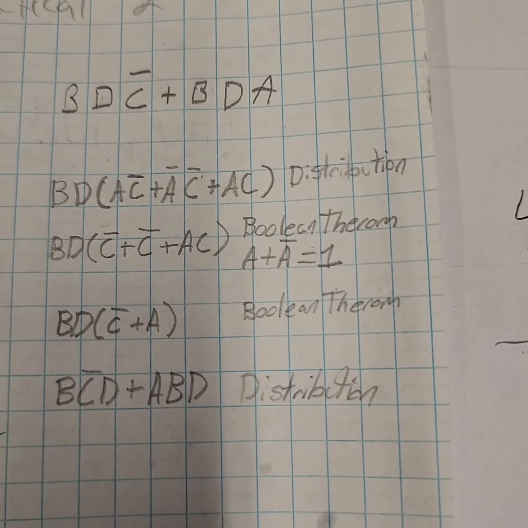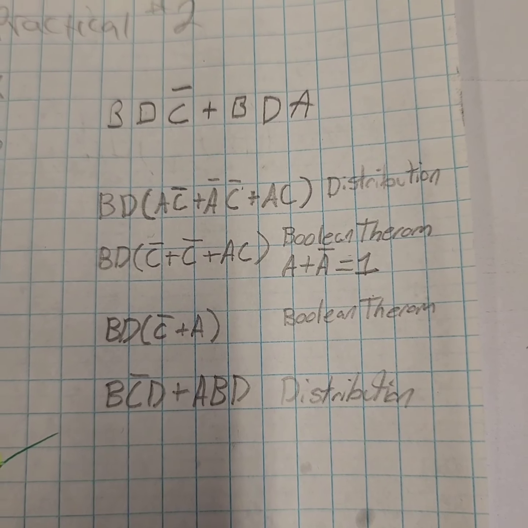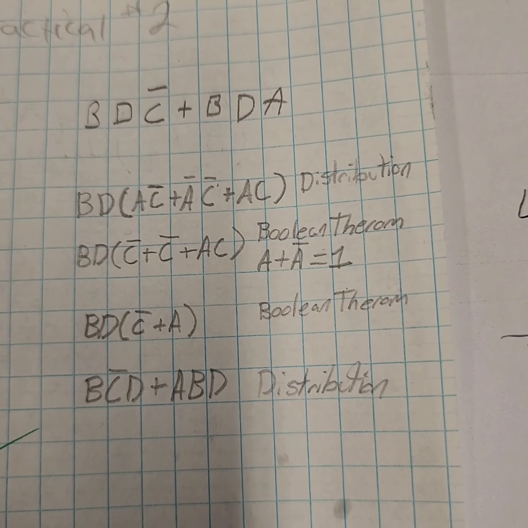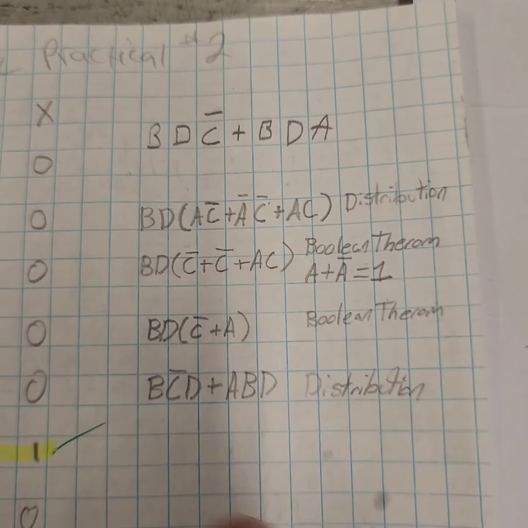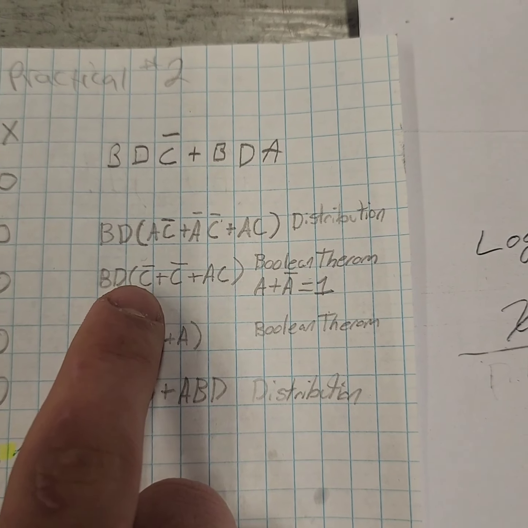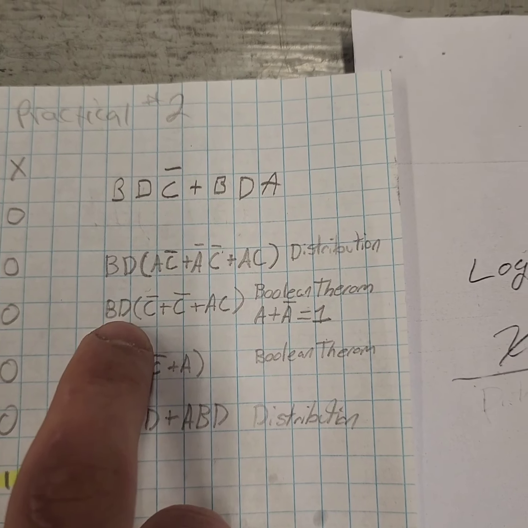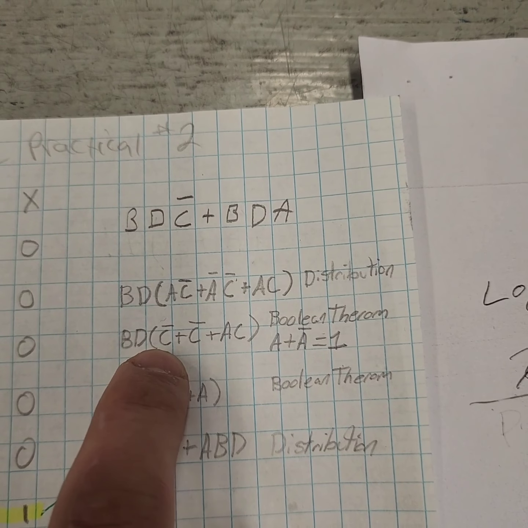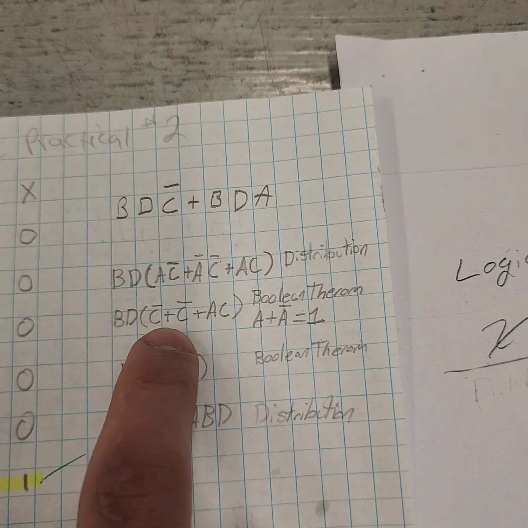And then you can use the Boolean theorem, which is A or not A equals 1. So that actually cuts that A and that A out, making it a 1. So then you just have B and D going in, and not C or AC,